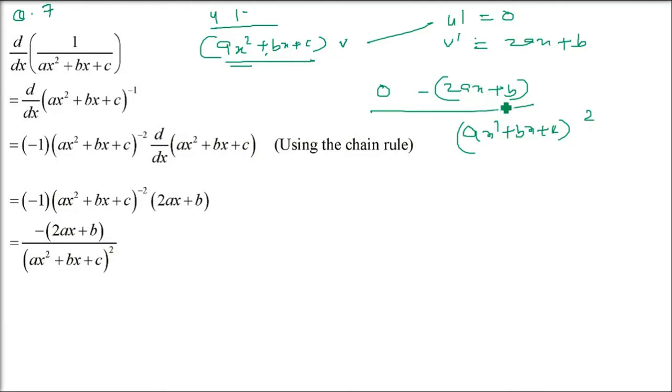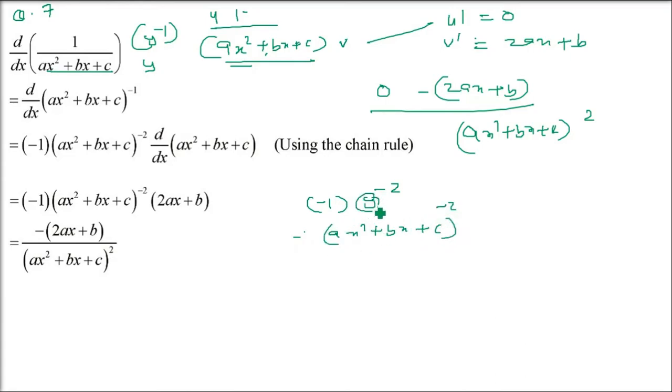But we'll do it using the chain rule also. And you have to do exactly what I have told you, because the exercise is of 1 by q form. So if you assume ax² plus bx plus c as y, then it goes up, that is y to the power minus 1. So how do you do it? If you differentiate y to the power minus 1, it will be minus 1 y raised to minus 2. So y is what? ax² plus bx plus c. This term raised to minus 2.